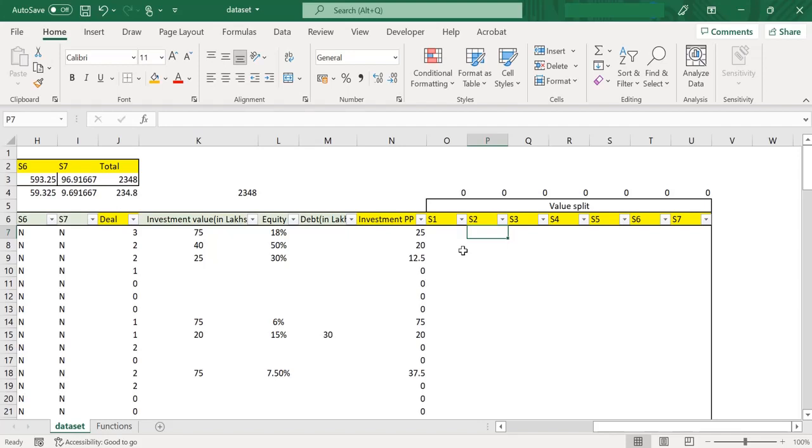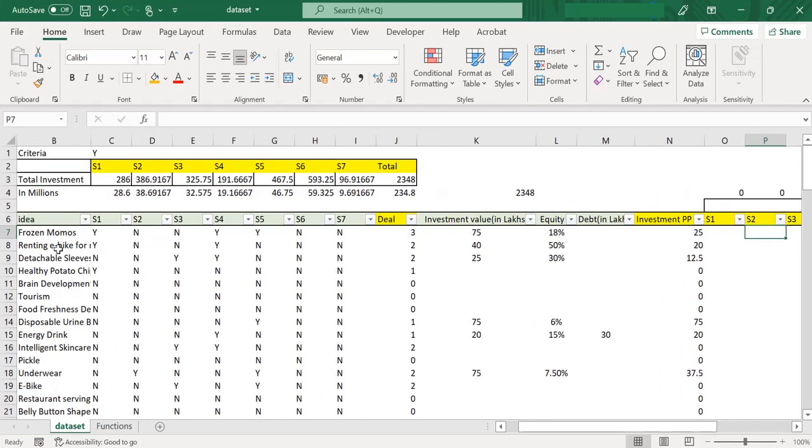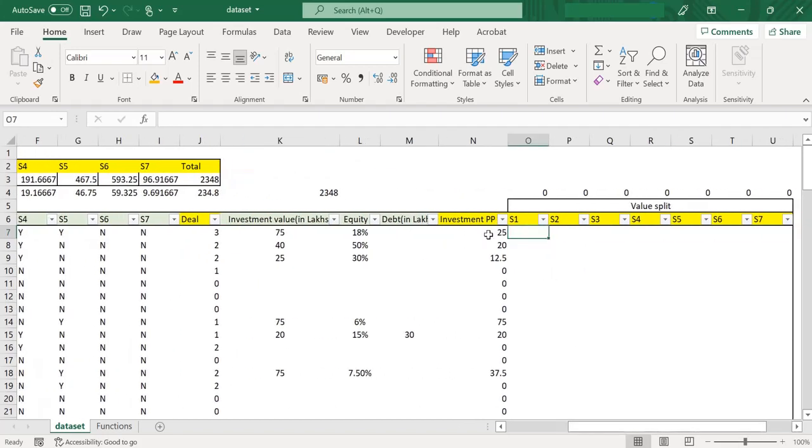Now, if we need the data at the line item level, I'll just explain the basic logic here. If this cell is Y, then the investment value which we need here is the output result in the N column.